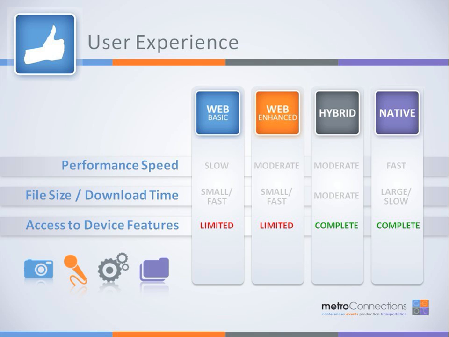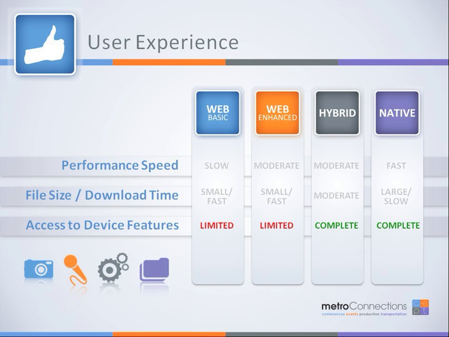Now, do all Hybrid and all Native use all the device features? No, but they have the ability to. So that's something to discuss with your vendor or your partner when you're trying to make a decision on which one you want to use. If you want to definitely have them be able to download their presentations and store them the way they want to store them, then you might want to look at the Hybrid and Native options and do away with the others at that point.